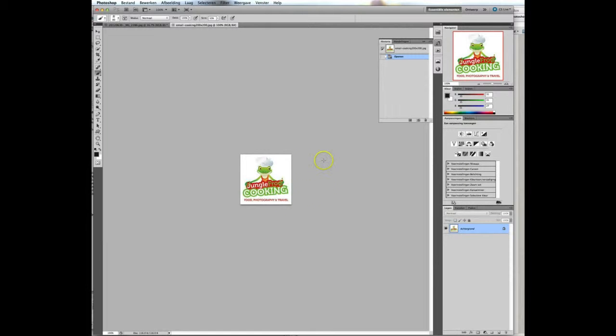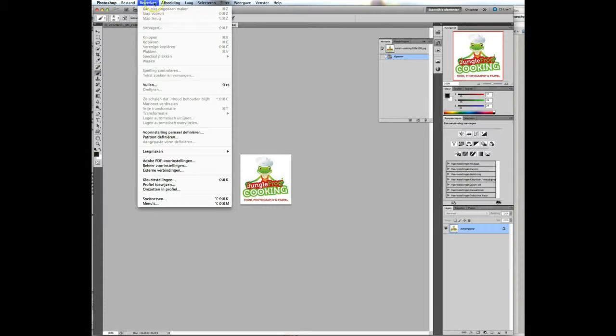And now the fun part is, any brush that Photoshop uses is in grayscale essentially. So as soon as I turn this little picture into a brush, it will only look at anything which has any color in it and transfer it into a grayscale brush. Now it's so simple you're not gonna believe it. If you go to Edit and then you go to Define Brush Preset, I think it says in English,